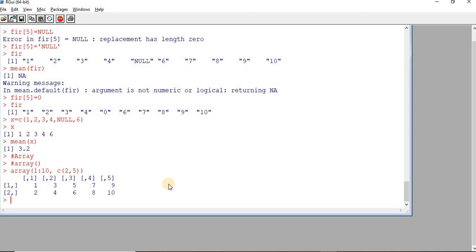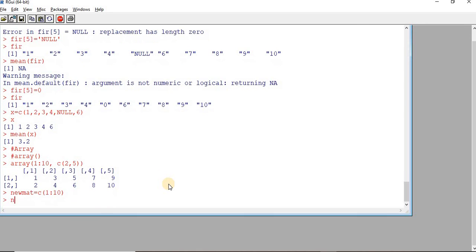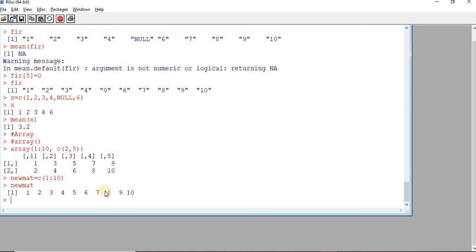Now another way of setting the dimension, we have a function dim. So let me create another array. So you can see here it is in one horizontal row.